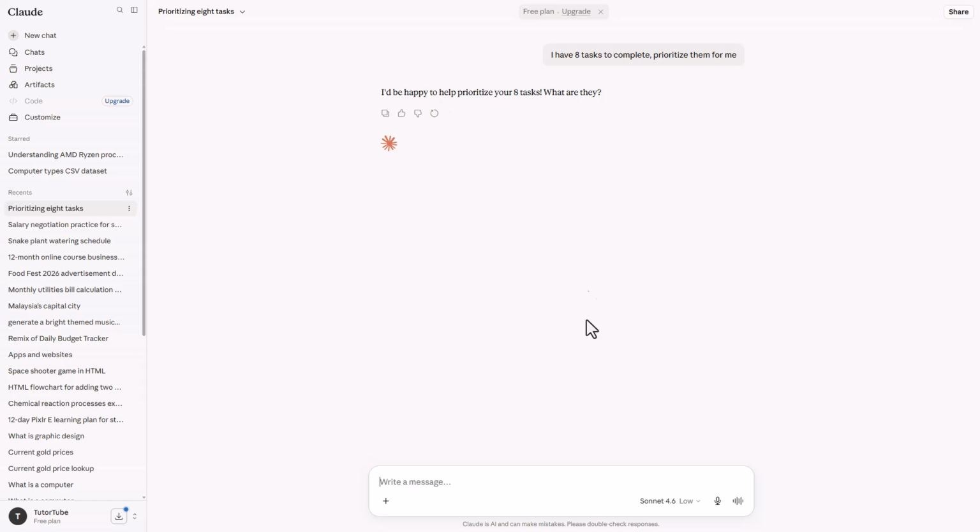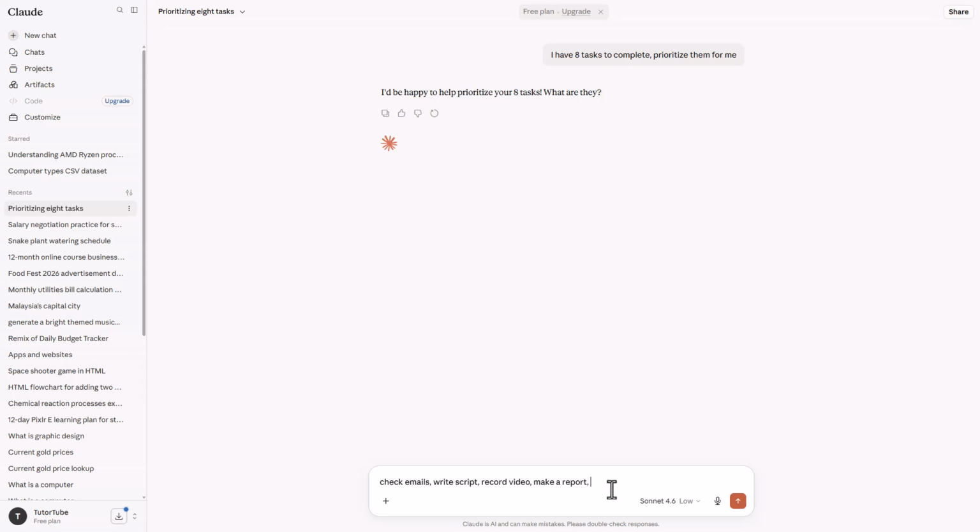So it says, I'd be happy to prioritize your 8 tasks. What are they? So I'm just going to say check emails, write script, record video, and, let's say, make a report. So these are 4 tasks right here.